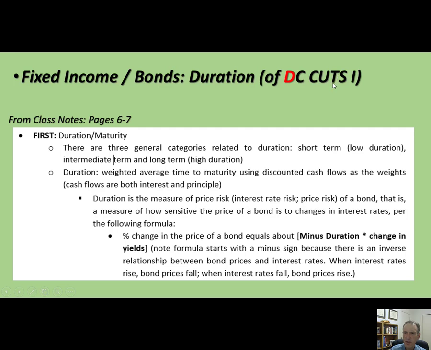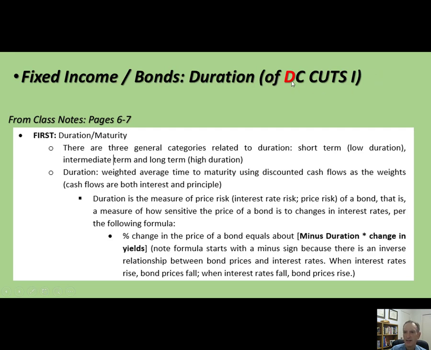T is for taxes. Bonds have different types of tax treatment depending on the type of the bond. S is the cool one. It's structure. It's actually becoming the most important one. It definitely had a huge impact on 2008, so we'll talk about structure. And then the I is inflation. We now have inflation-linked bonds that help protect us from inflation, so we have I as a separate one. I've talked to a lot of people in fixed income to see if there is anything else we should add to this list, and to date, I have not gotten anyone to add anything else. I would learn that list.